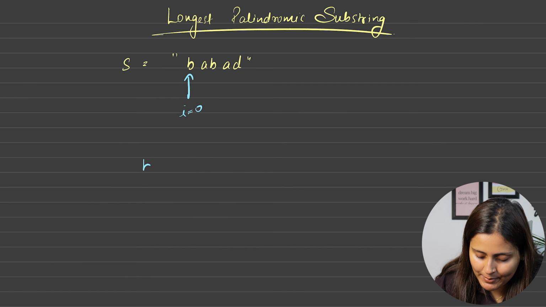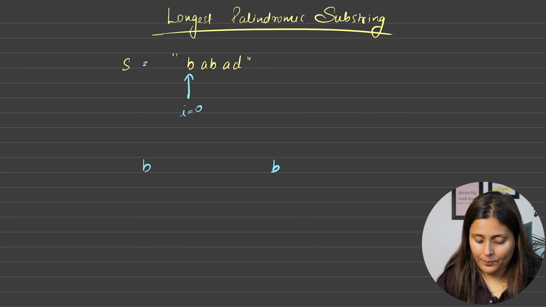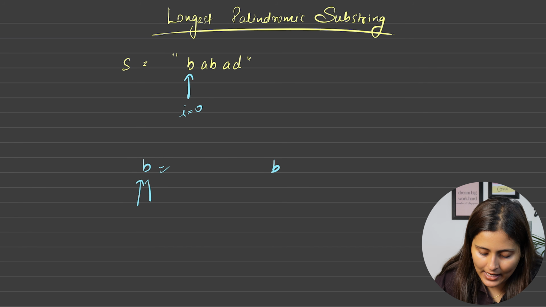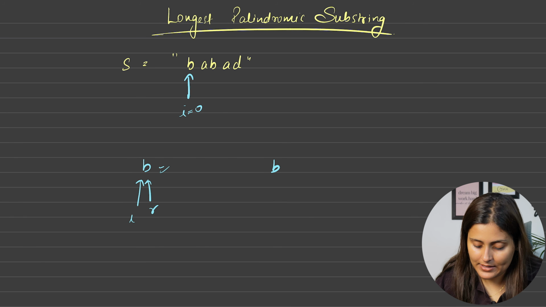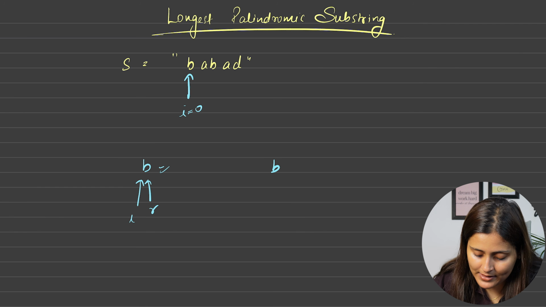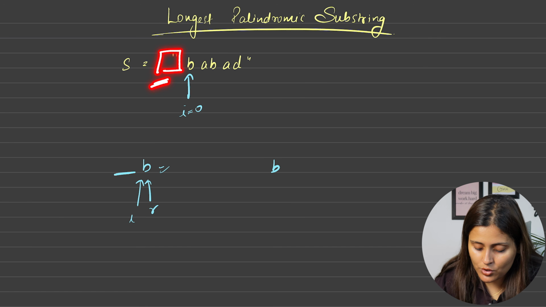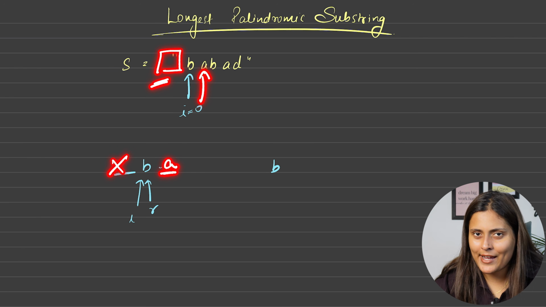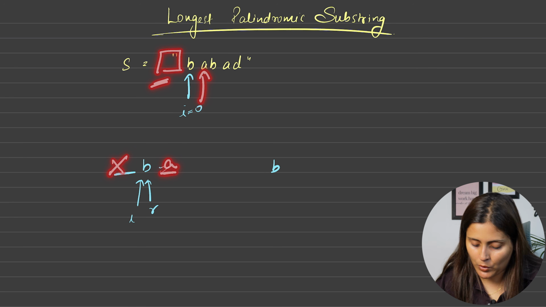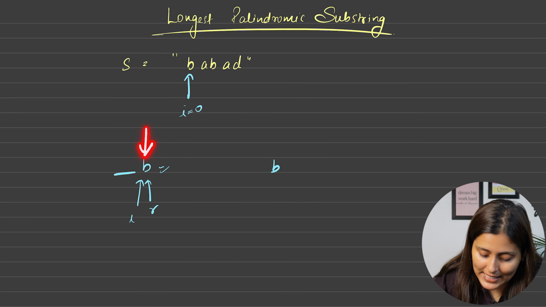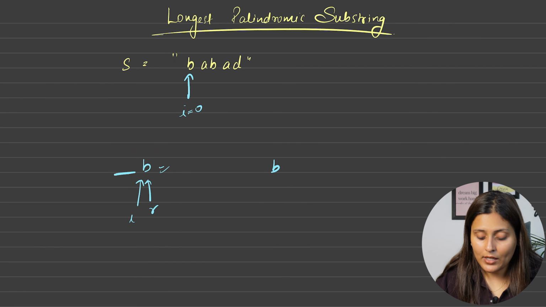Again, suppose I am at B. So to check if it is a palindrome or not, definitely L and R need to start from here. Now next time we will do L minus minus. You can see here we don't have any such substring. It is invalid. So how can we check with R plus plus, which is A, definitely. But here we don't have any character, so we won't check. We will stop. Okay. So basically in this palindrome check function, we will only send the I, and we